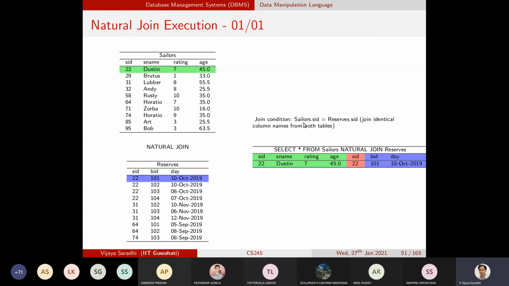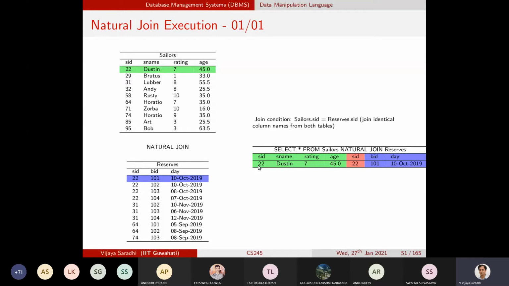So the join condition is that whenever the SID value in the sailors table equals the SID value in the reserves table, only those rows will be part of this computation. Let me walk you through the same example: we take 1 row and then go through every other row of this reserves table. In this row I pick up the sailors ID, and in that row I pick up the sailors ID, and I ask whether this condition is true. If it is, it will be part of the result set.